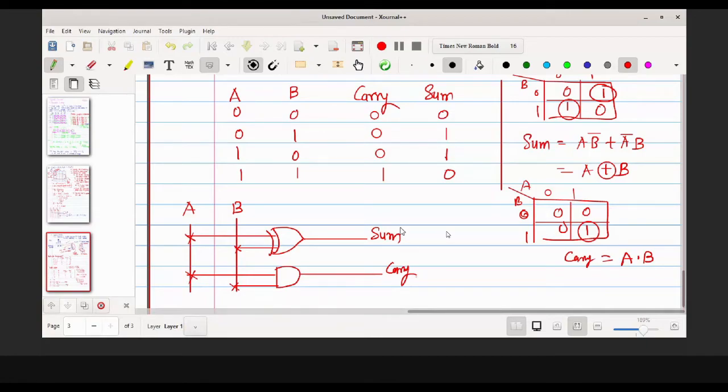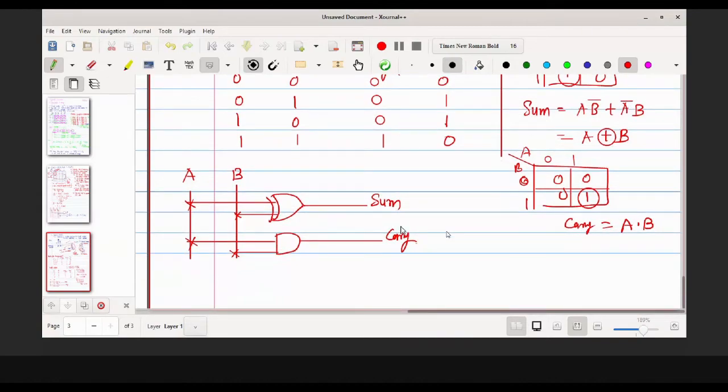Okay, the addition of 9 plus 4. Now it is basically in the binary form. So this is my half adder. Okay, and this can be represented like a square box. Okay, HA indicating the half adder. The inputs A and B, and the outputs are sum and carry. Okay, so this is my half adder circuit, right?